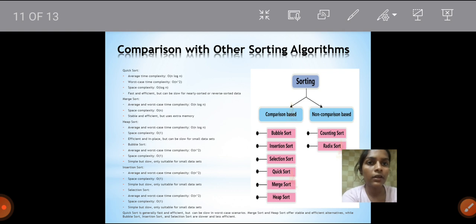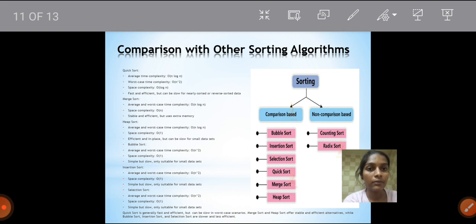Quicksort is fast and efficient but can be slow for nearly sorted or reverse sorted data, whereas merge sort is stable and efficient but uses extra memory. Heap sort is efficient and in place but can be slow for small datasets. Bubble sort is simple but slow, only suitable for small datasets, not for large datasets.